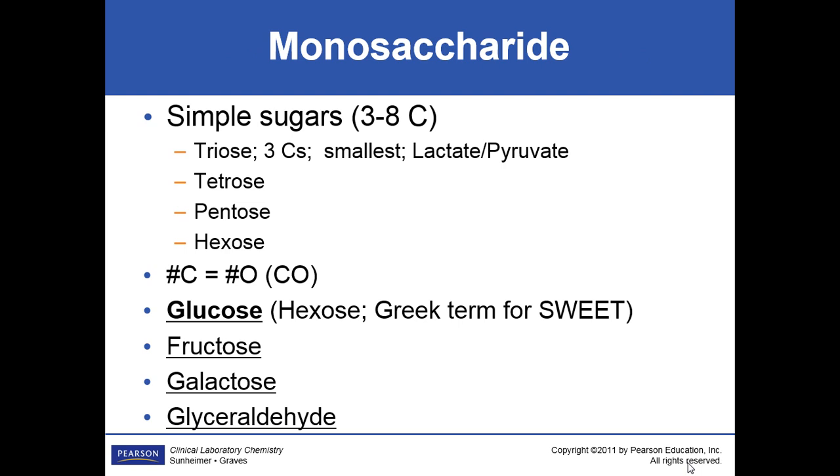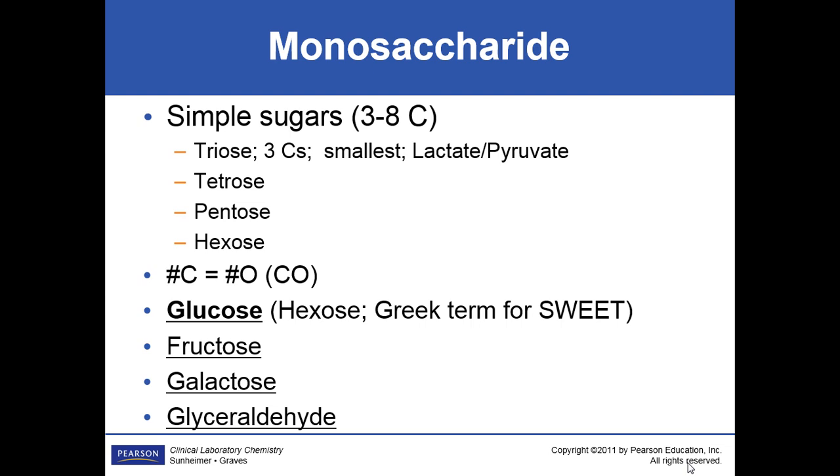First, we're going to talk about monosaccharides. These are the most simple of the sugars. Okay? The very smallest one has 3 carbons. And it goes up to hexose is the most common one. There are some 7s, but I really don't know of any 8s. But your textbook says it has from 3 to 8 carbons. They're not very big. Pretty simple.